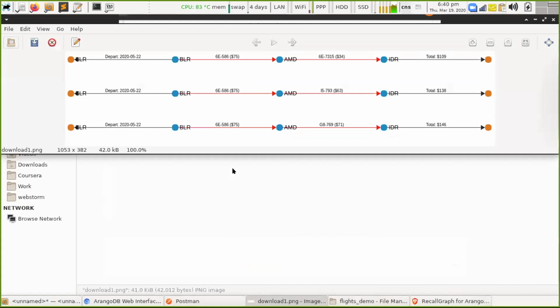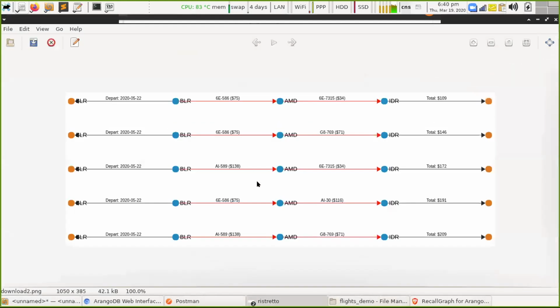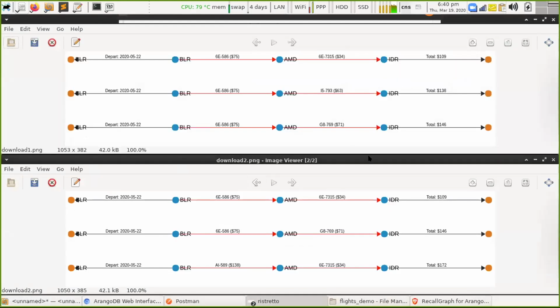And now let's just see if I can view them. Okay, and let's try to figure out if something has changed. Yes, one thing we can instantly see is that although the cheapest flight has remained the same, the second cheapest flight, this particular route, has disappeared. So this $138 route has disappeared. This $146 route was the third result, whereas in this case it is now the second result, and then they have all been promoted up, I guess, by one level.